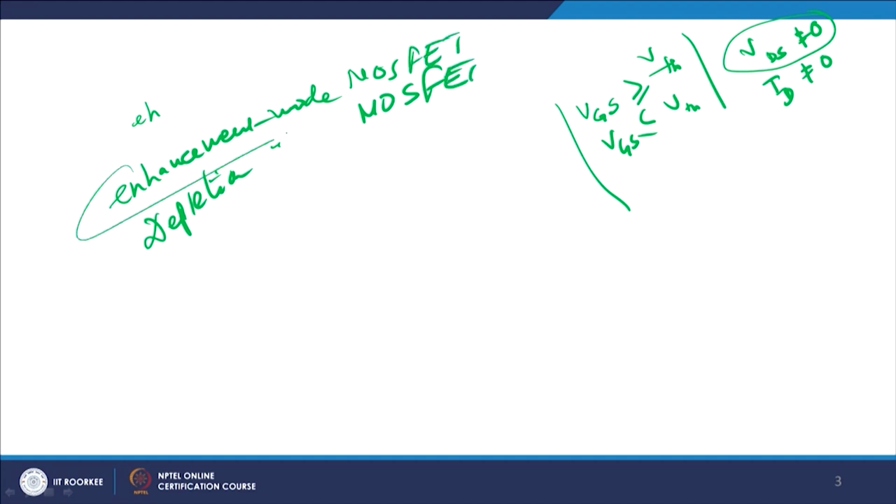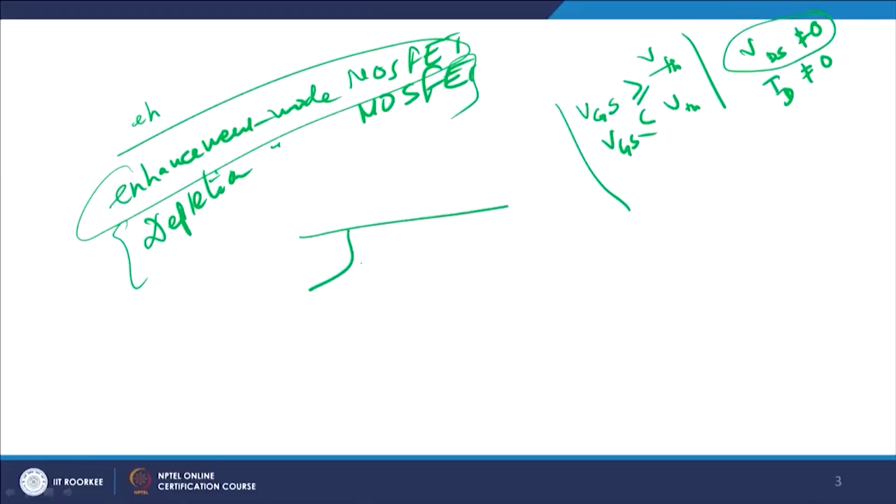Right, we will first discuss enhancement mode and then we will come to depletion mode, fine. Let us look at the enhancement mode MOSFET. In the enhancement mode MOSFET, as the name suggests, you have to give an external potential on the gate side to enhance the number of charge carriers near the silicon dioxide interface in order to form the channel, which means